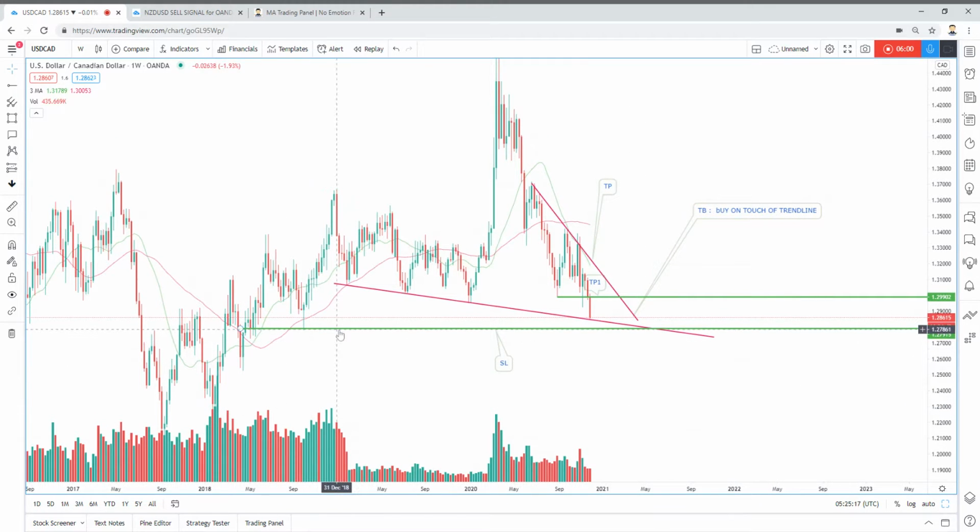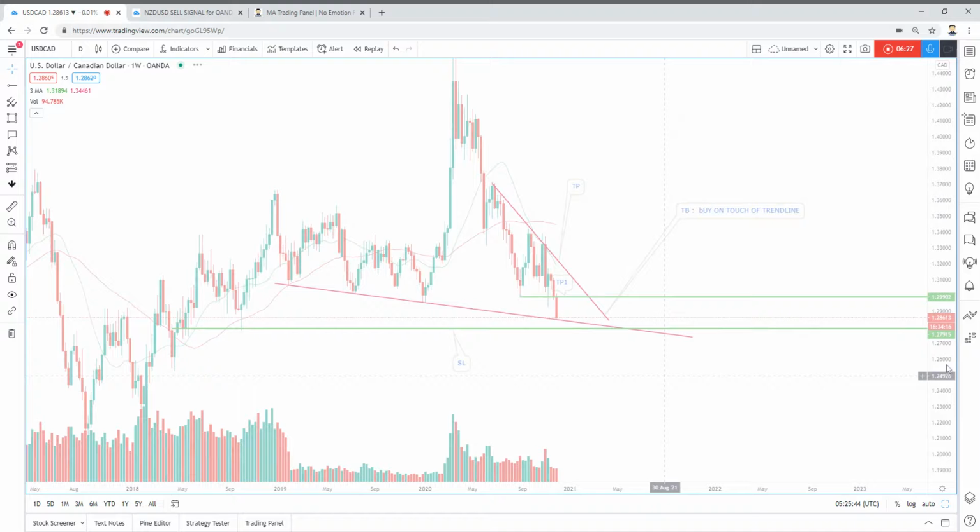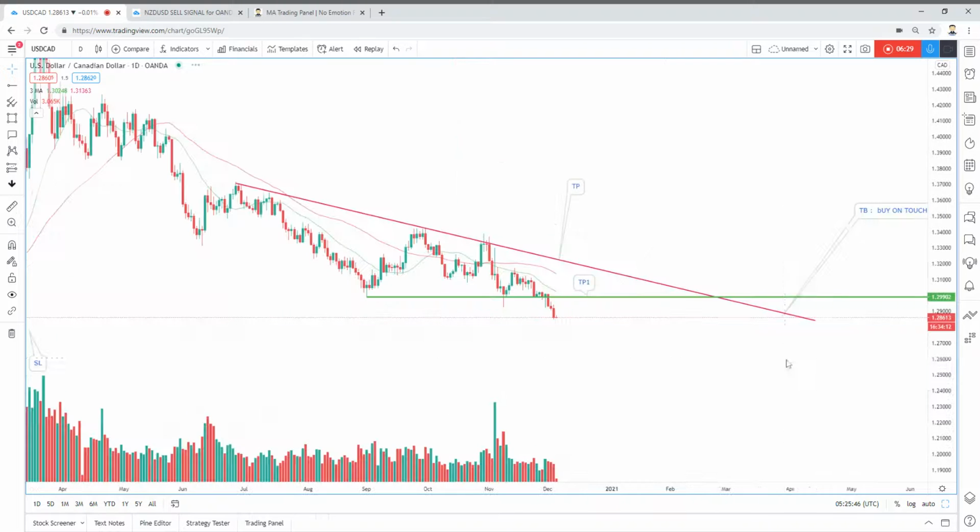Remember, this is a stop loss line. If a price candle closes below this on the daily chart, not on the weekly chart, then we are going to exit the trade. This is our buy entry. This is TP1, and this is the final take profit. Now if the price does not touch this trend line, maybe we will be looking at the next setup on Monday. But for now, we are waiting for price to test the line on the daily chart, and we take the buy entry.